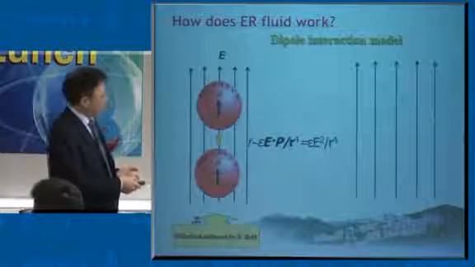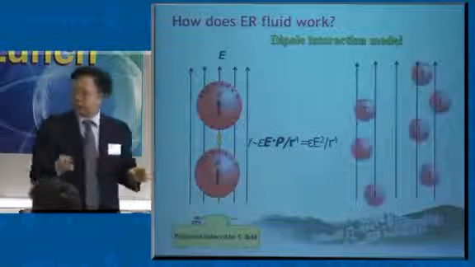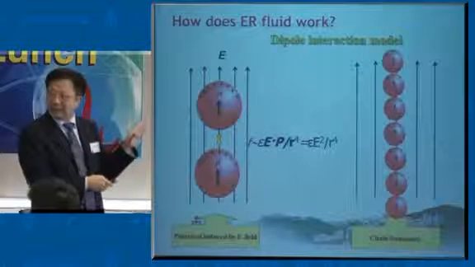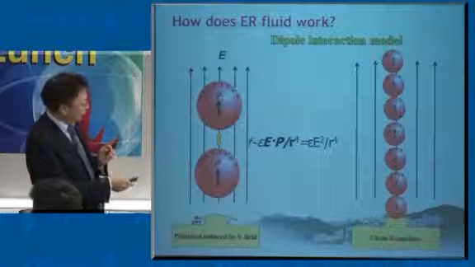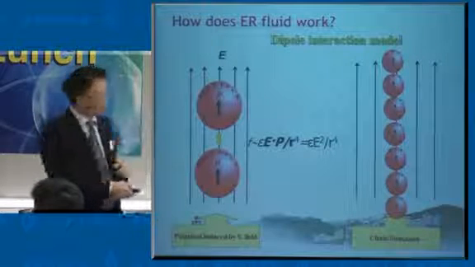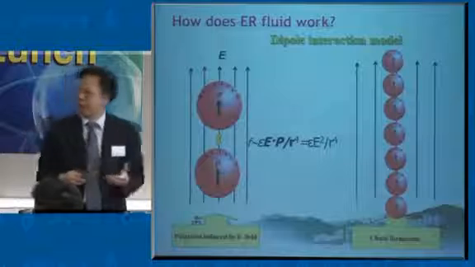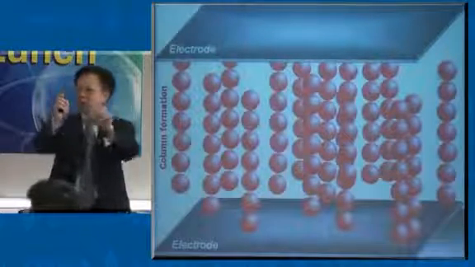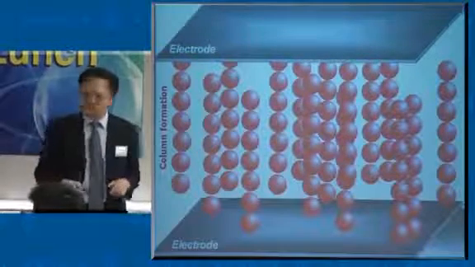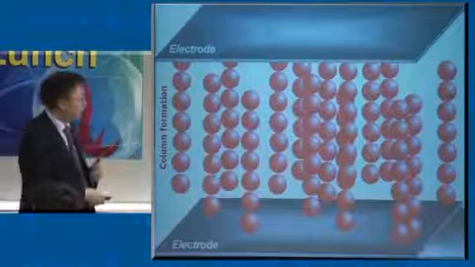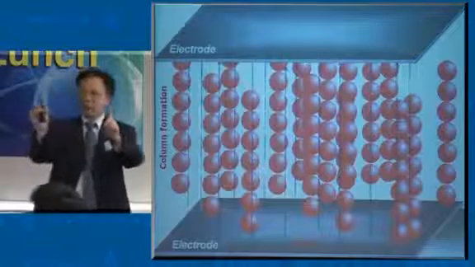How about this? All the particles suspended in the oil are randomly distributed. But when you apply an electric field, all these particles align along the electric field direction, head to tail connection. So this is a chain. We call it chain formation of the particles, which means there is a structure change in the material. All these chains are surrounded by the liquid. What's going on next? If we further increase the electric field, that means you apply high voltage, these chains aggregate to form